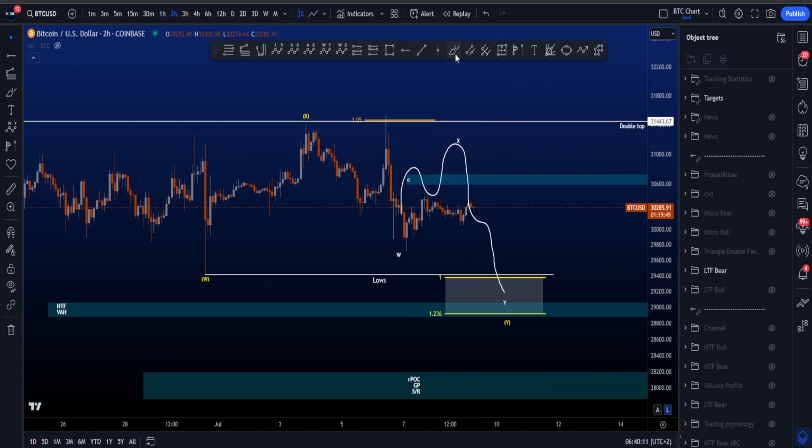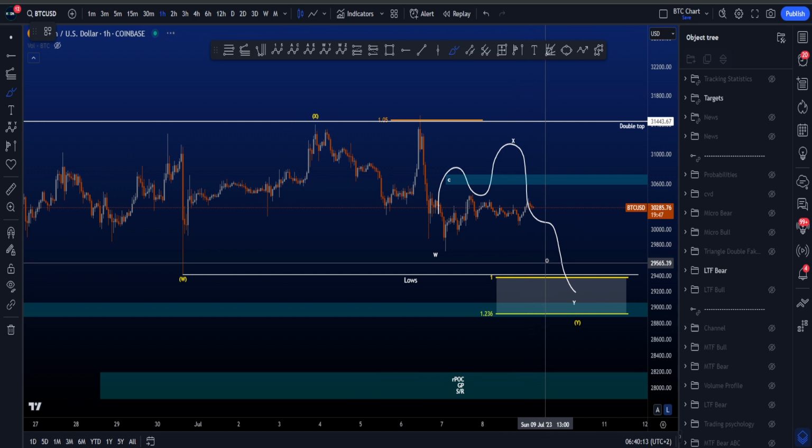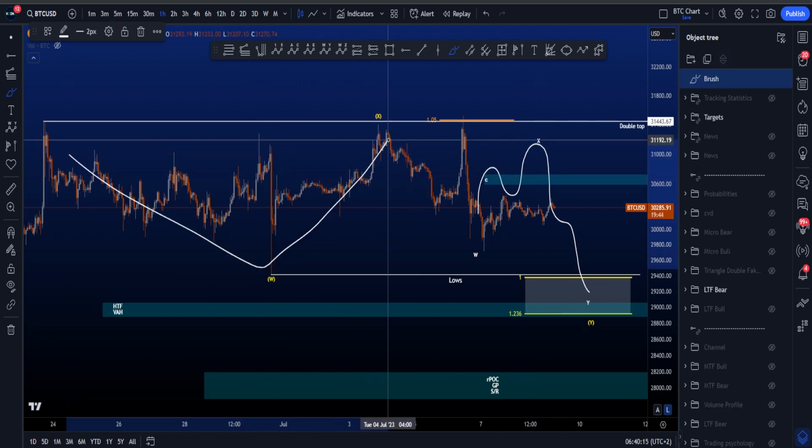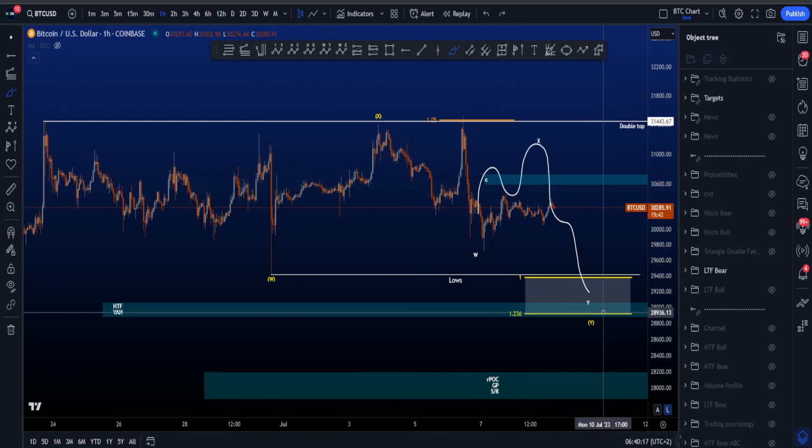If we then look at the bearish scenario, we're not expecting that move to the upside. Instead, we are going towards the downside in a WXY scenario. So we have a three-wave W, three-wave X, and we're going to be looking for a three-wave Y to the